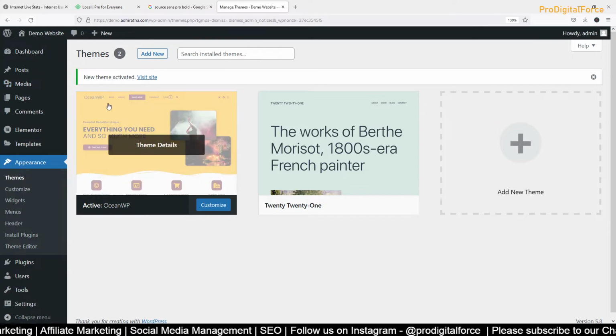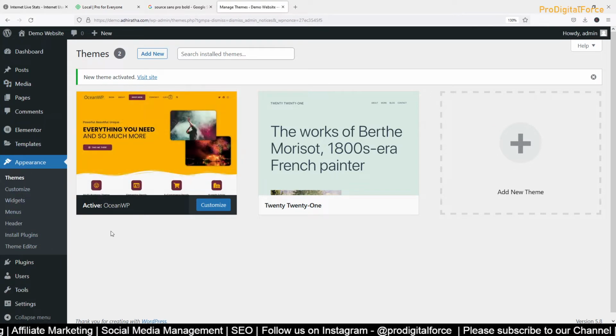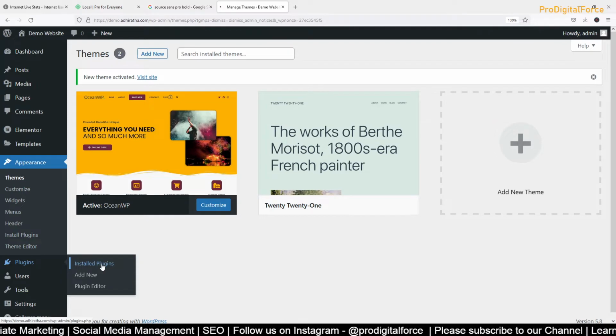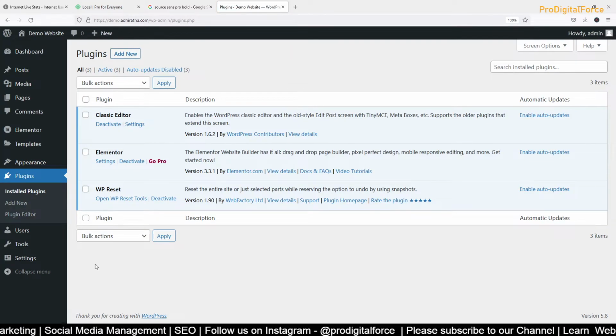So we have installed OceanWP theme and installed few plugins. Still few more plugins required. We'll get to that whenever it is required.